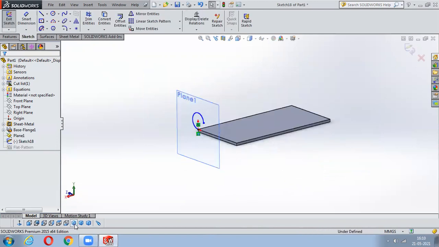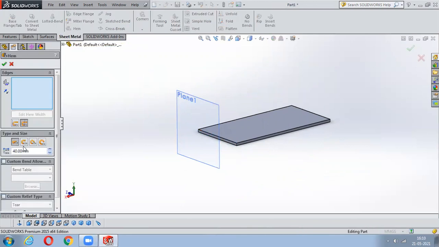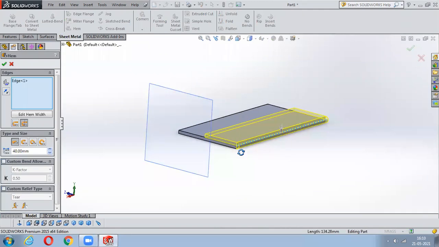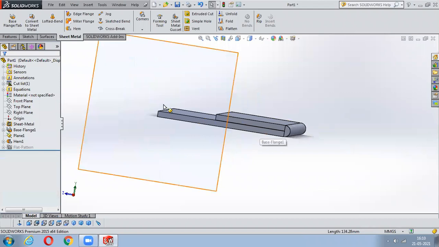Okay. So the next tool we have here is called the hem. In hem you have different types. The first one is called closed hem. If I select this, you can notice a closed hem type is being created. This is used for the sake of locking the sheets. Just place one sheet here and use hem, and it will be locking.